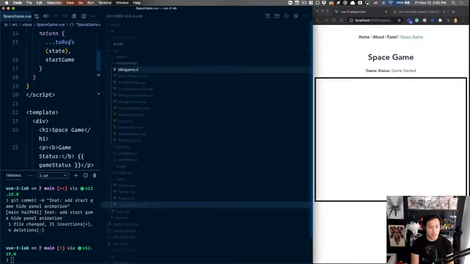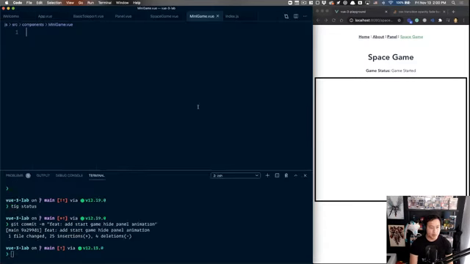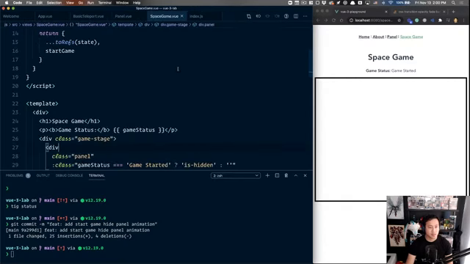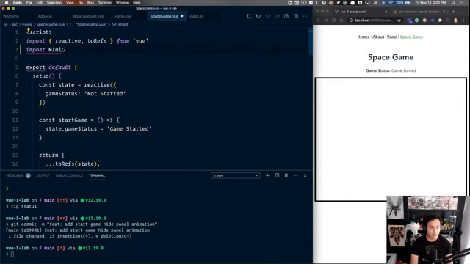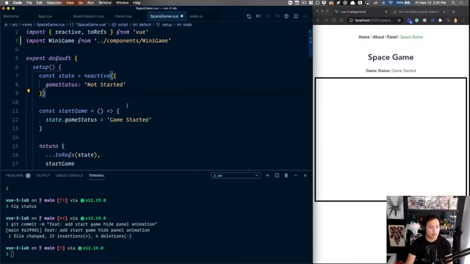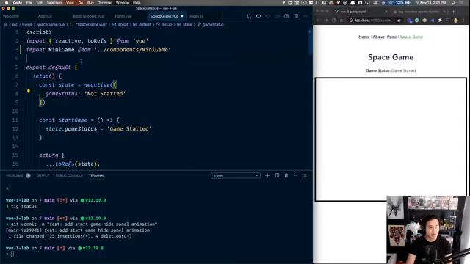So I'm just going to call it minigame. Yeah, I like that as two words. So minigame is our new component we're going to have. And so minigame here, just to make sure it's good to go. And so now we're going to go ahead and import our minigame from components minigame. All right. So now that that's been imported, we can go ahead and, oh wait, we need to